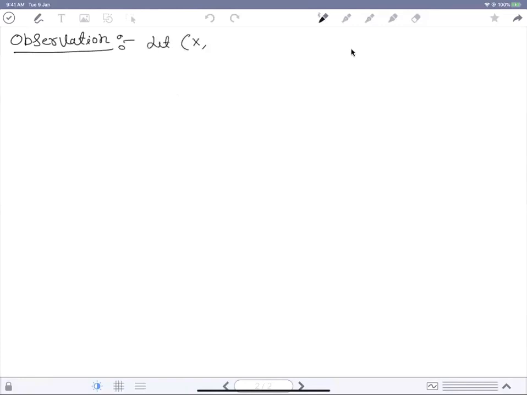So let (X, d) be a metric space and A is a subset of X. Again, we assume non-empty. As I told you, you have to always assume that all the sets are non-empty here, even if I do not specify that. Now, if we define a function f from X to R,